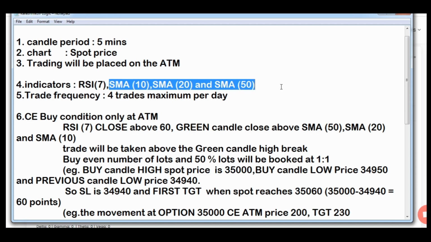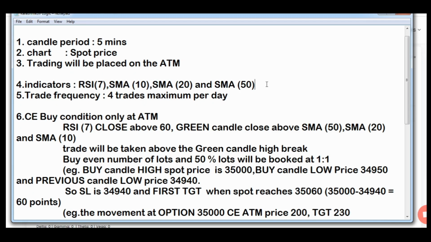He has suggested to use SMA 10, 20, 50. You can try to use exponential moving average or any other type of moving average. So this is just an example of how to code these types of strategies in Tradetron. Don't go exactly on the parameters shared by a member. These are the parameters which he thinks are best to use with index option buying, but